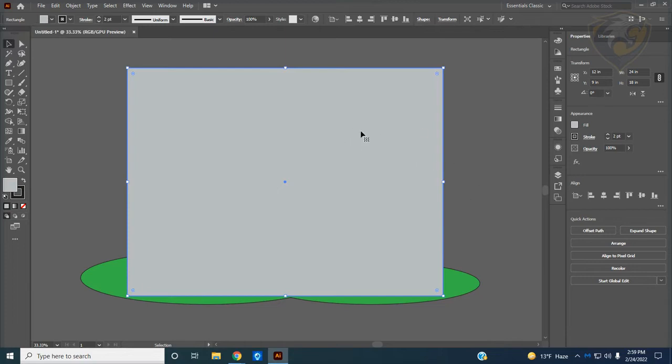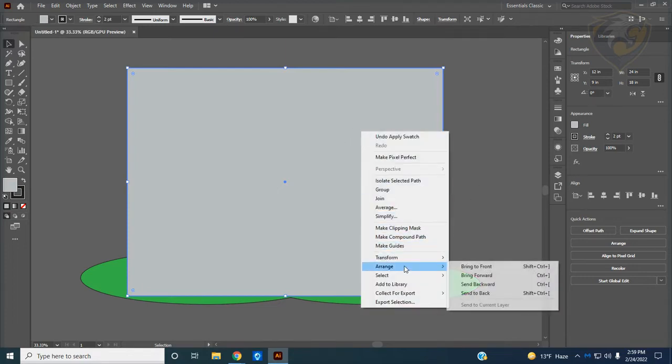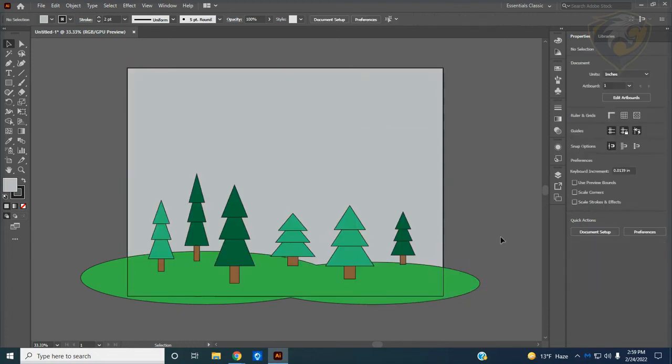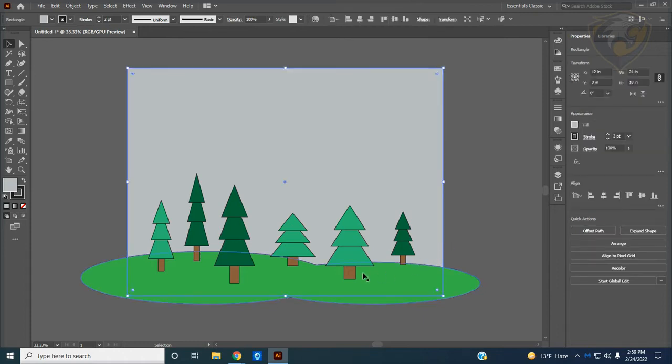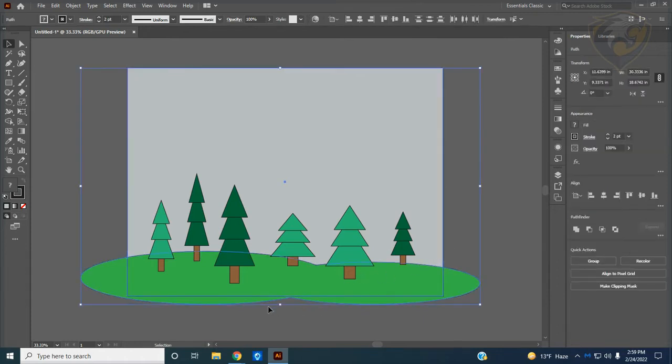But we definitely need to change this arrangement. Right click, arrange, send to back. All right, so we're looking better. But now we're going to deal with this thing right here. So now before when we shape build, we build things together. Now I'm going to select this background, and I'm going to hold down Shift and select this shape. Now, if I take the Shape Builder tool,